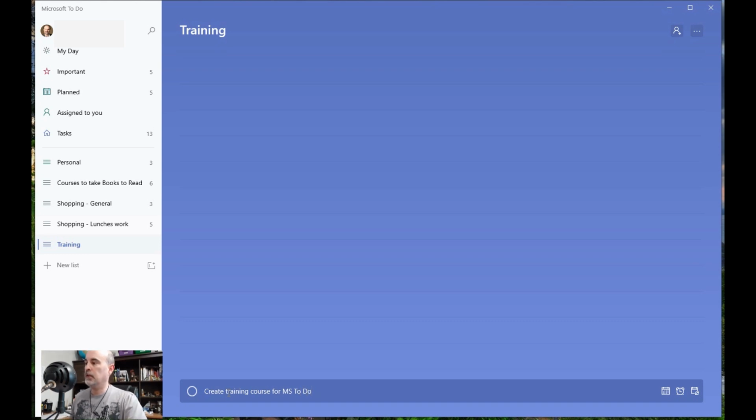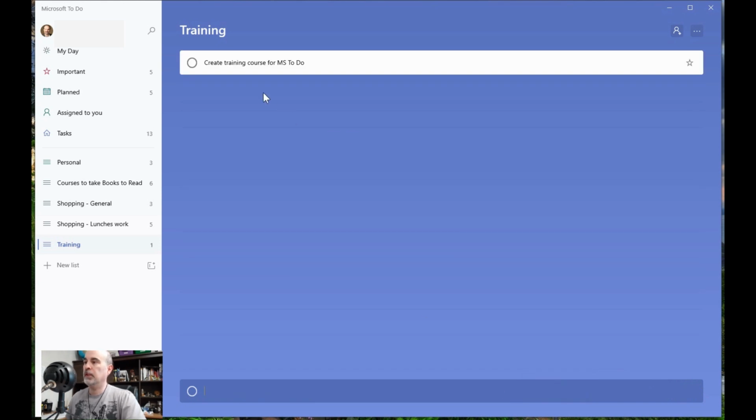And now I can just press enter and it'll go in here, but there's a few other options here as well. You can add a to-do date, a reminder, and have it on repeat. But what I'm going to do is just press enter first, and it puts it in the list. So it's in here. You can put a check mark to toggle it as done, and of course it gives a little sound effect. And if I did that by accident or decided that it's not quite done, I can click it again to remove that.